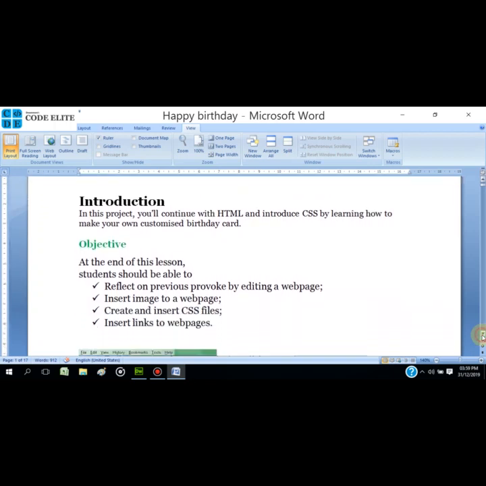Objective. What we hope to achieve in this lesson. At the end of this lesson, students should be able to reflect on previous